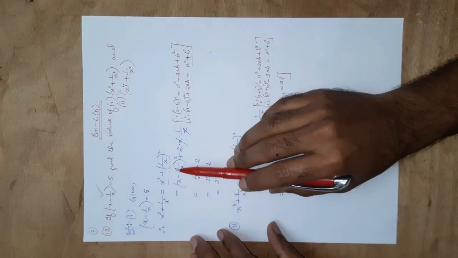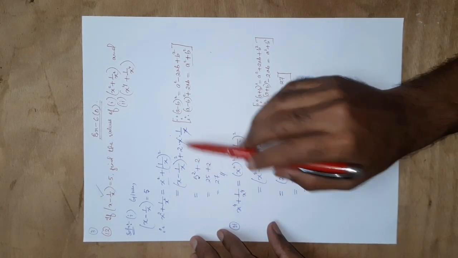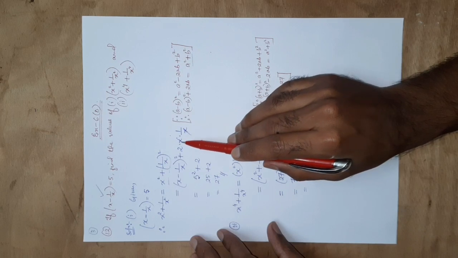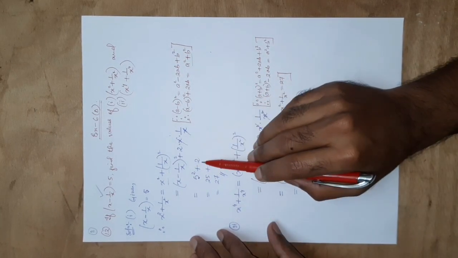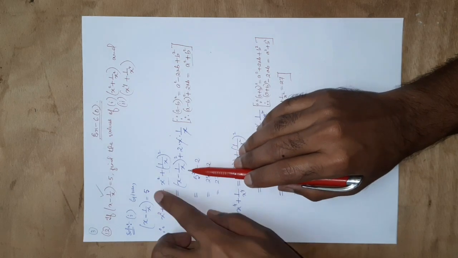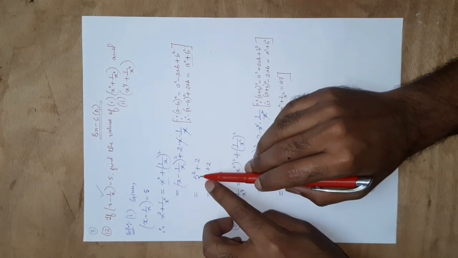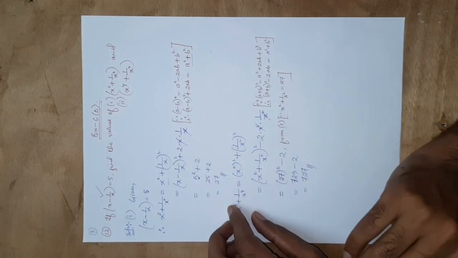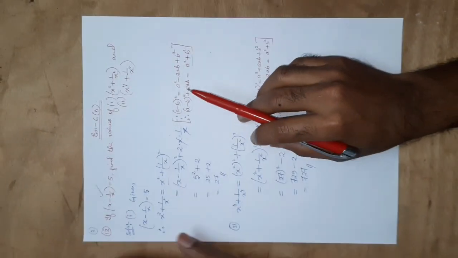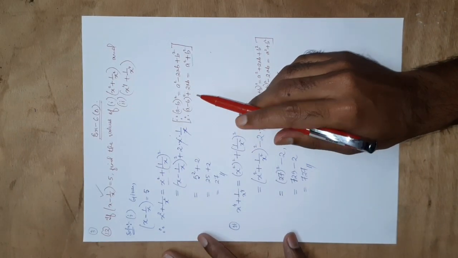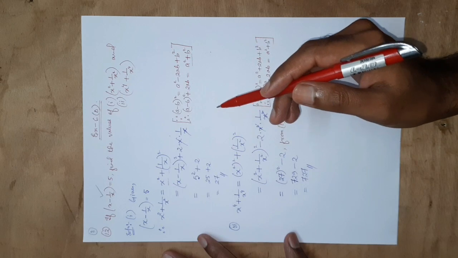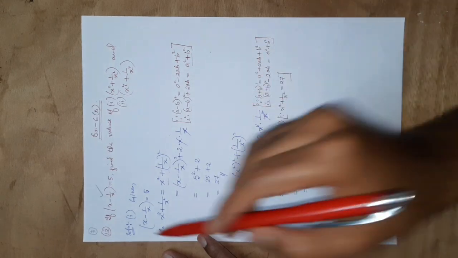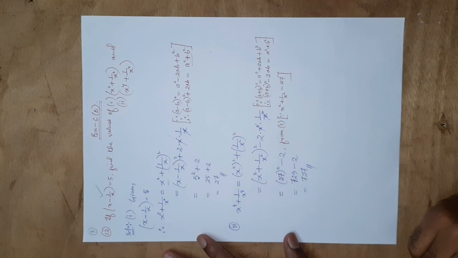So now your expression has become in the form of x minus 1 by x. So x minus 1 by x whole square plus 2 into x into 1 by x. Here x in the numerator and denominator gets cancelled. What remains? Only 2. And x minus 1 by x is given as 5, so we can directly put 5 here since it is whole square. So 5 square, 5 fives are 25, plus 2 is 27. So follow how we can arrange an expression and fit it into an identity form, and then we can use the given value to find out the result of the given problem.